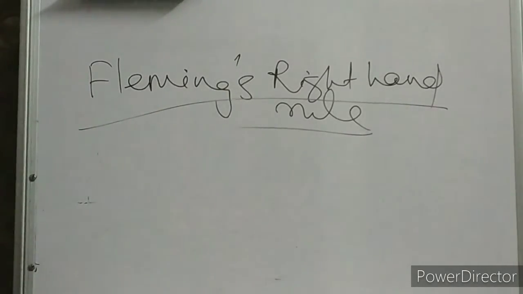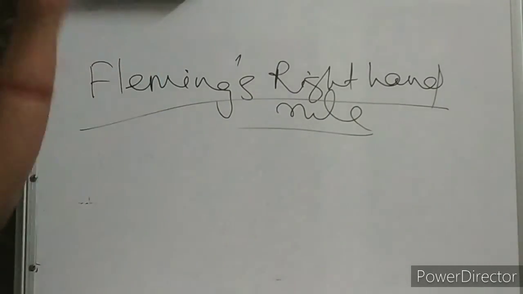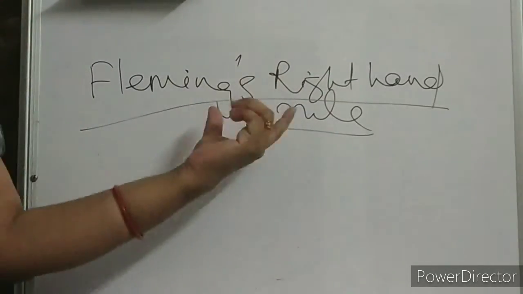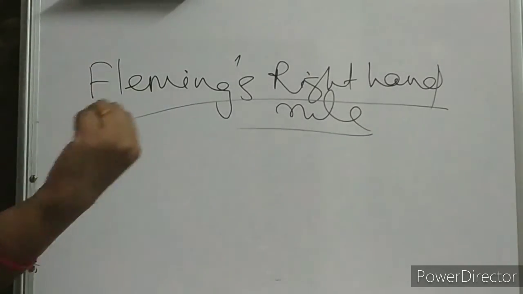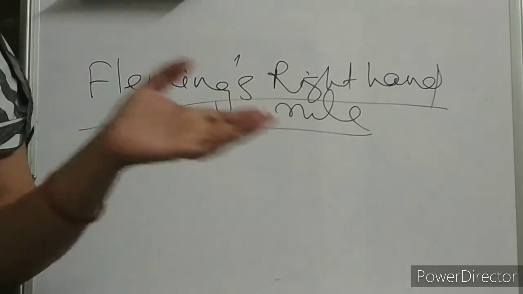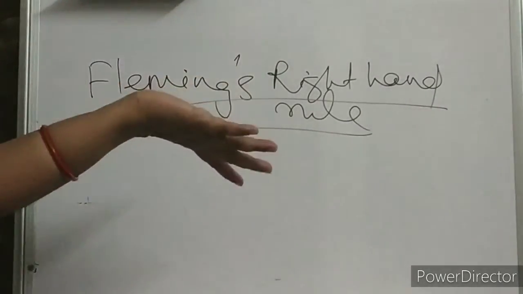Okay, children. So for today this much. One more thing I want to tell. This Fleming's right hand rule is also called the generator rule or dynamo rule, and Fleming's left hand rule the motor rule, because it is applicable in motors. Here it is applicable in generators. We are going to see that also. So in my next lecture we are going to discuss alternating current and the generator and everything.